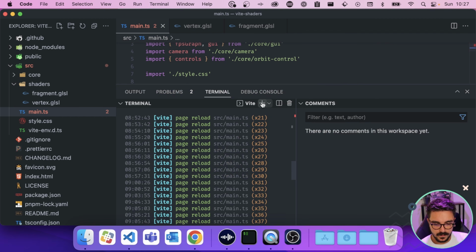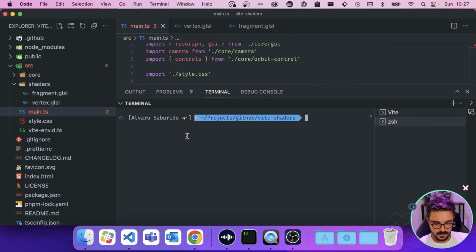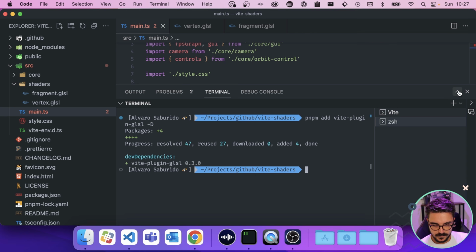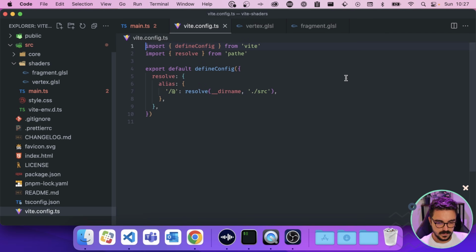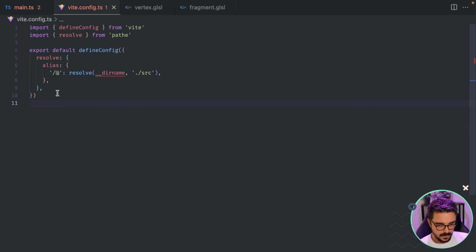I'm gonna create another terminal here, and basically I'm going to install it. So pnpm add vite-plugin-glsl. Okay, now let's go to vite.config, and we're gonna add a plugin.